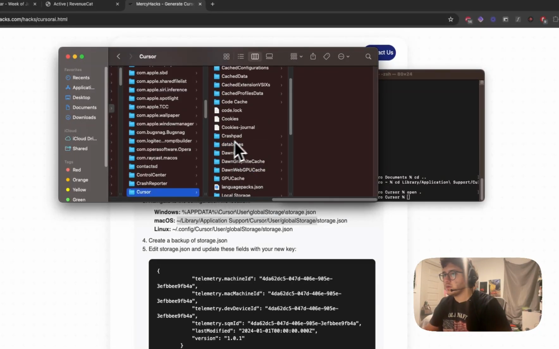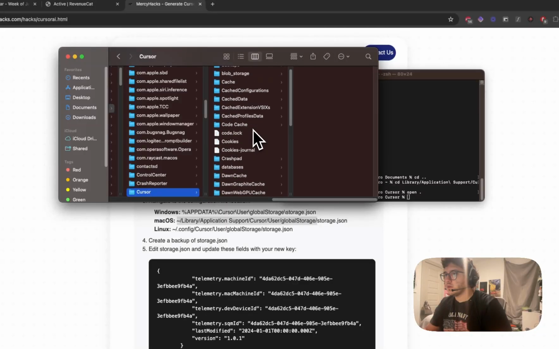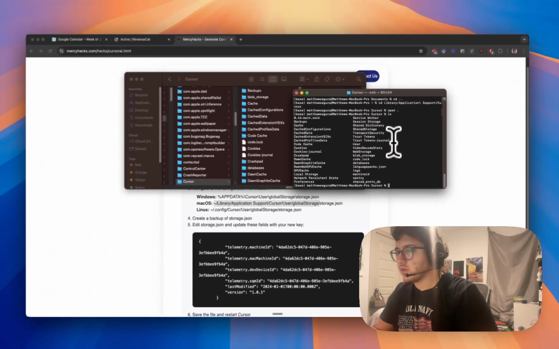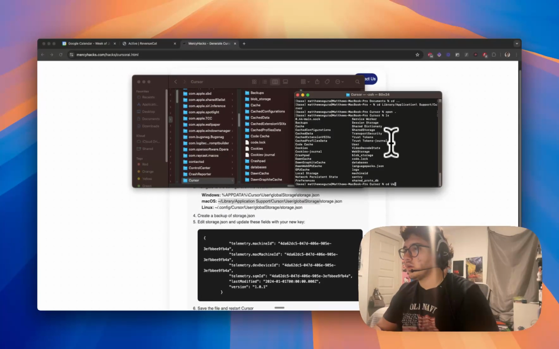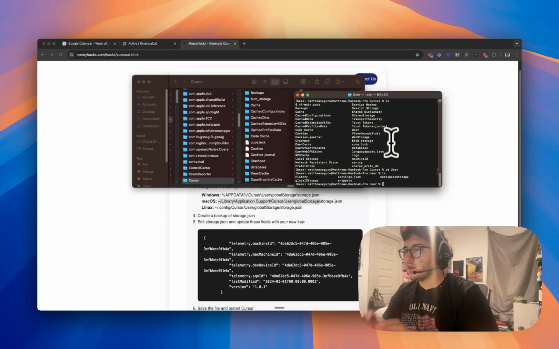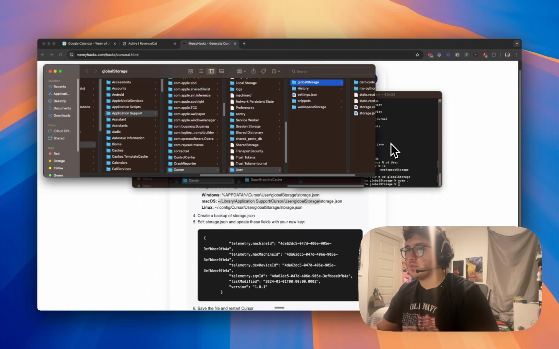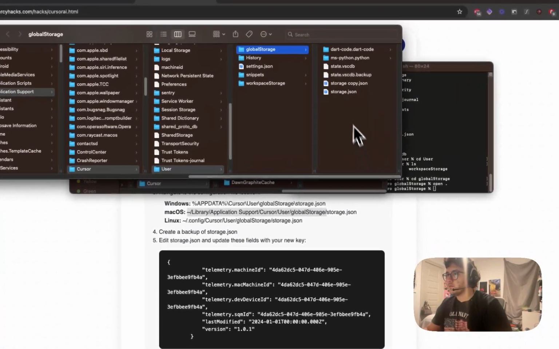Cursor. No, I think I need to do it within... Okay, you have to do it within your terminal, but you're gonna CD into the global storage now, and then open this up, and then you'll see this